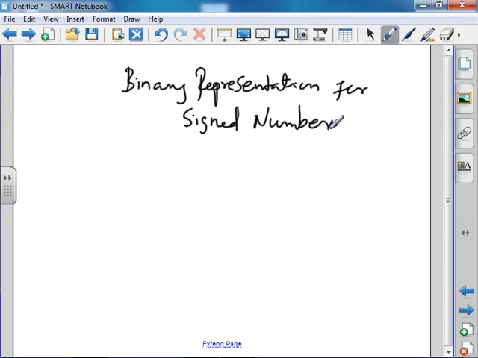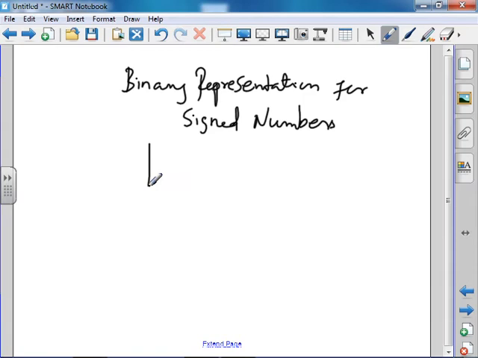In this session, we are going to study the binary representation of signed magnitude numbers. Of course, if it is a positive number, you can directly store this value. If it is a negative number, we cannot store this value directly in the computer system. So we should specify the sign of the number. The leftmost bit here is called the sign bit.